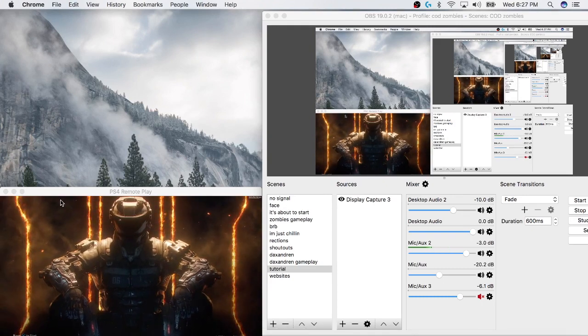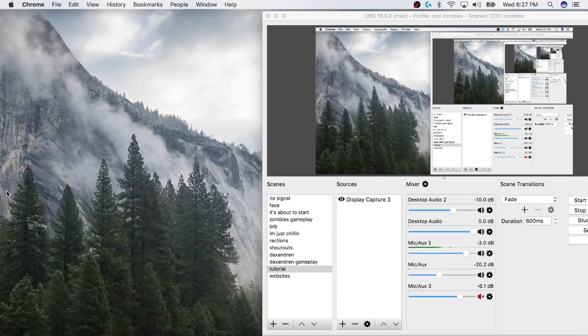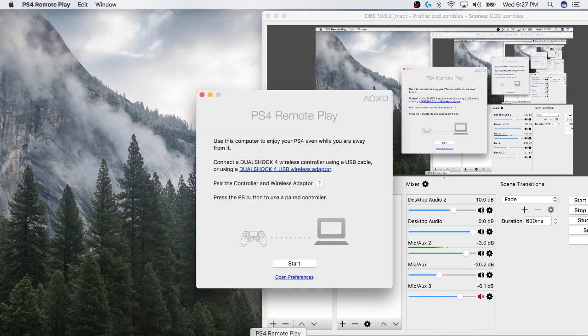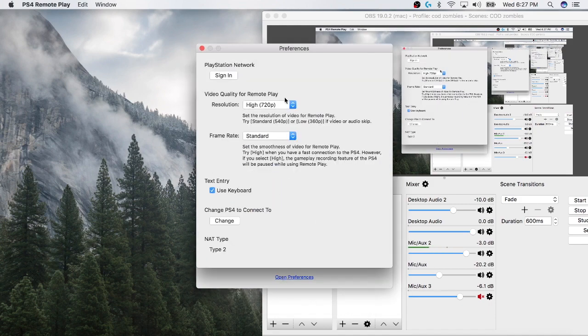So once you make that second email and you make that second account, what you're gonna want to do, hold on, I'm gonna let my PS4 Remote Play log out. You're gonna open up PS4 Remote Play, the program, and you're gonna get this window here. Now, what you're gonna want to do first and foremost, open preferences. Now, resolution, I have it on 720. You can go to 1080, but 720 is probably the best, or even 540, because